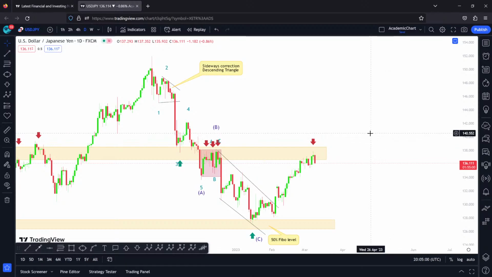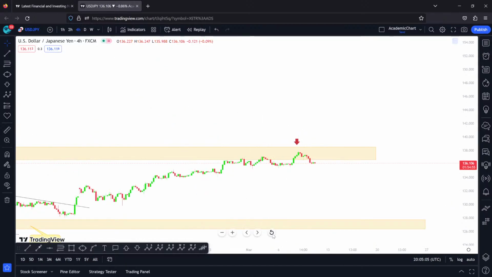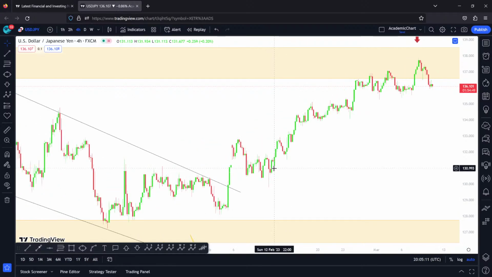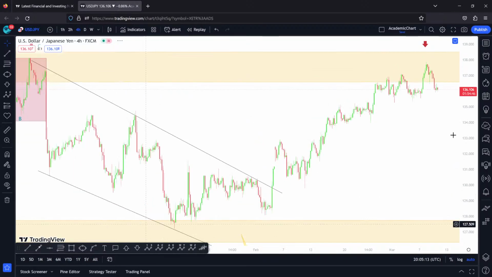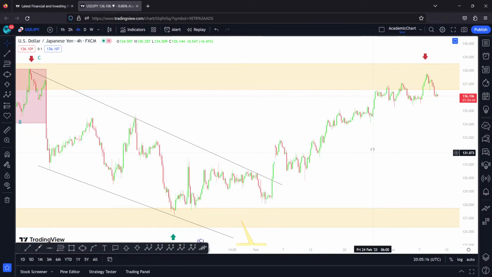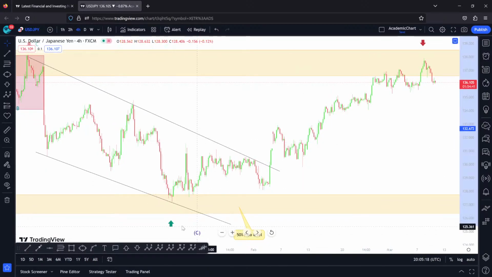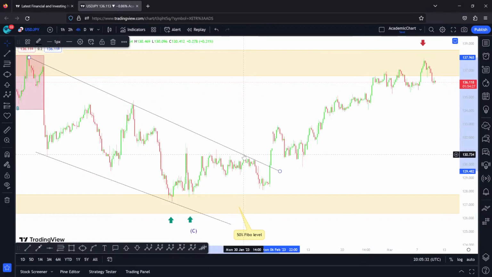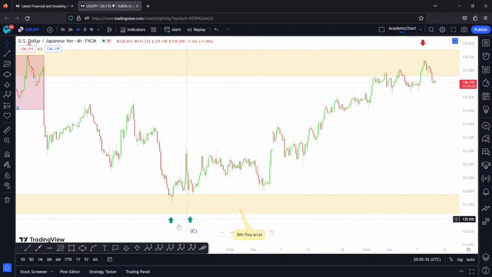Anyhow, let's jump into this hourly finally and try to understand. Okay, I'm expecting that after we reach this point, let's shrink it a little bit. We know that this was the C. I can see some sort of double bottom. I can add more arrows here, but they are not really helping me. I'm mostly interested to check out what this trend is. So let me just clear things up a little bit. Now I have just a clean view